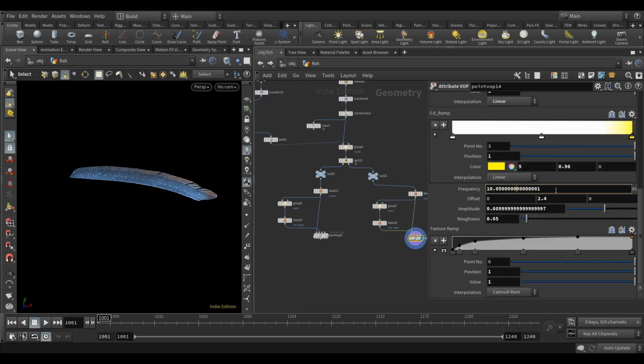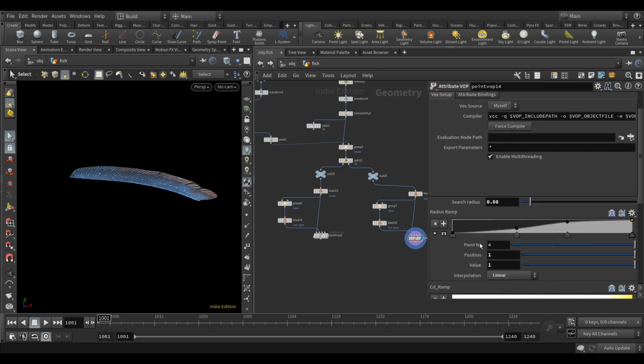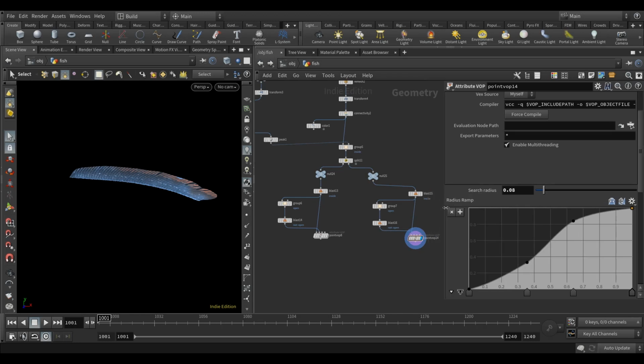And the frequency, let's do something like that. Okay, and then the offset and amplitude, everything's fine. The texture ramp, well, let's worry about this later. The radius ramp,